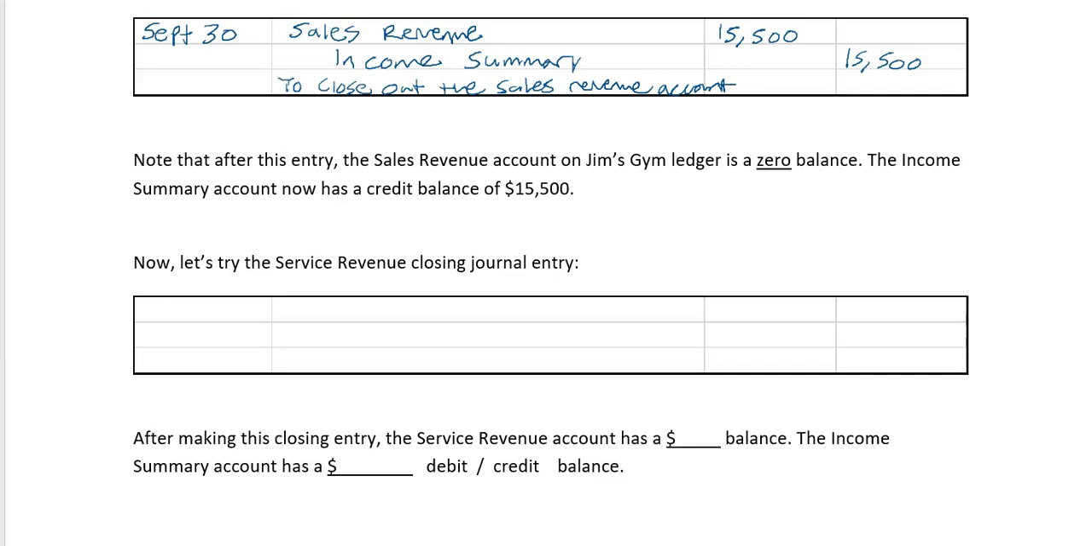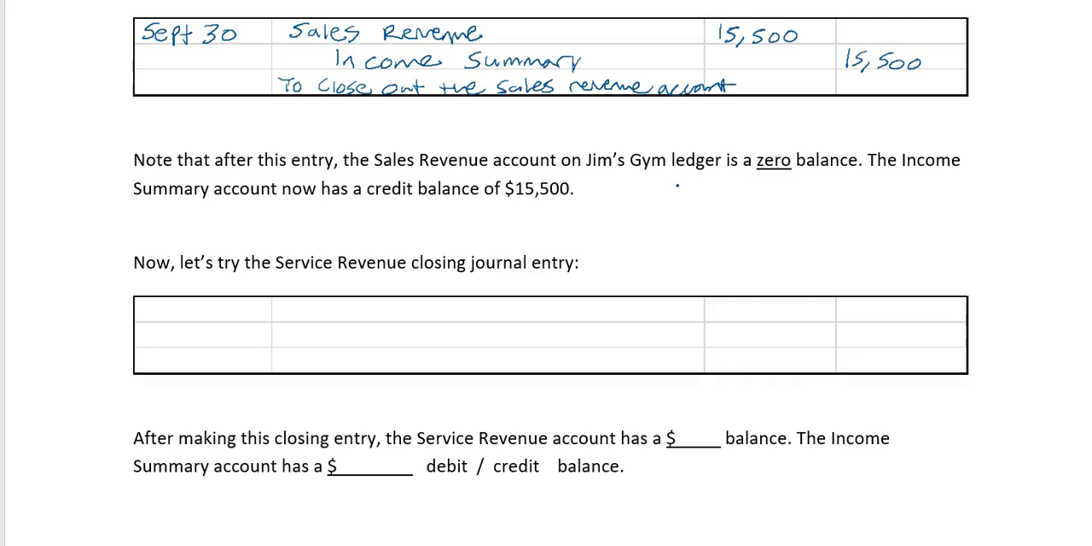Our first closing entry was a debit to sales revenue to fully put the credit balance into the income summary holding tank. Note that after this entry, the sales revenue account on Jim's ledger is a zero balance. The income summary account now has a credit balance of